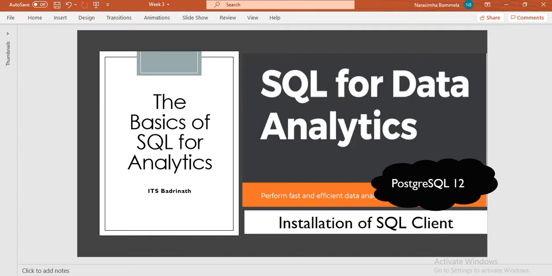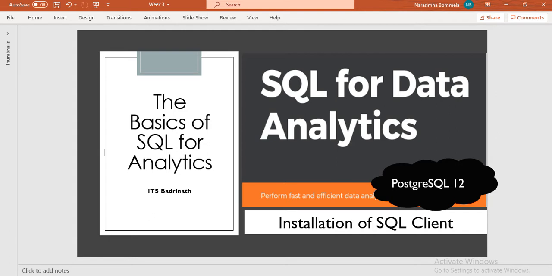In this week, let us start using a SQL client and use structured query language for the purpose of extracting needed information out of the data that is given to you. In order to use SQL, we need a client, a software on which we can write SQL commands, include data, and extract meaningful information out of it. So we need to install a software for that, and that is PostgreSQL. That is what we are using for this purpose.